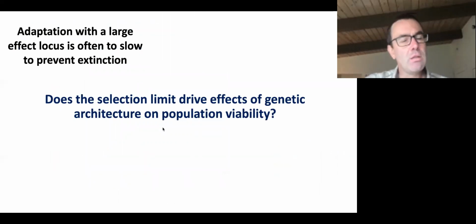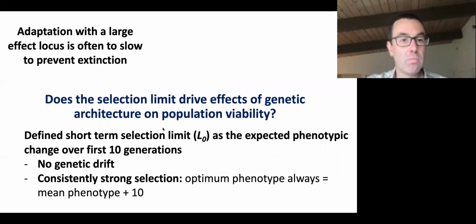And these results are showing that adaptation with a large effect locus is often too slow to prevent extinction. We wanted to quantify this, and we asked the question: does the selection limit, or the maximum ability of a population to evolve over the short term, really affect the dynamics here? So we define something we're calling the short-term selection limit, and this is the expected phenotypic change